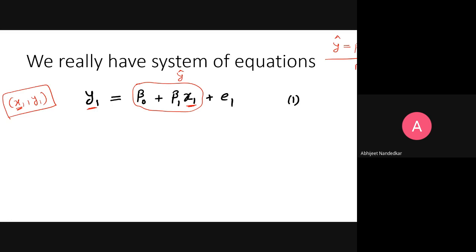What is unknown in this case is these beta values. I have to fit a line. That means, as you know, this is mx plus c in simple terms. This is a known equation. Instead of that, we are writing here beta 0 plus beta 1 x. So this is nothing but the same line equation. We do not know these values, but we want to find these betas such that I have minimum